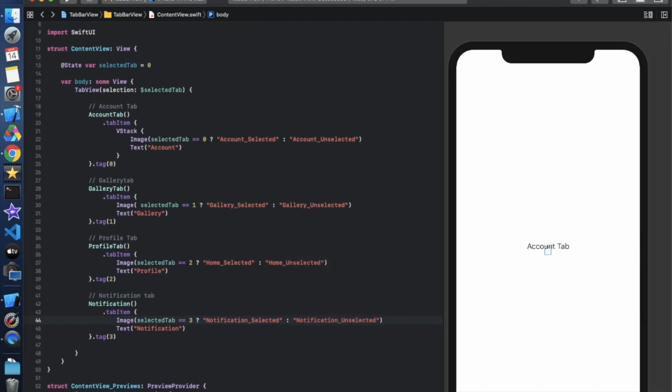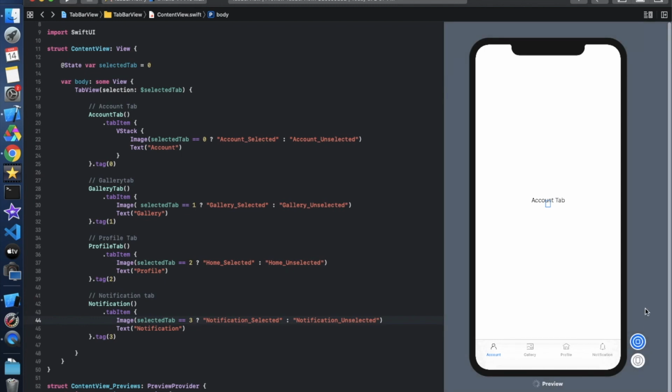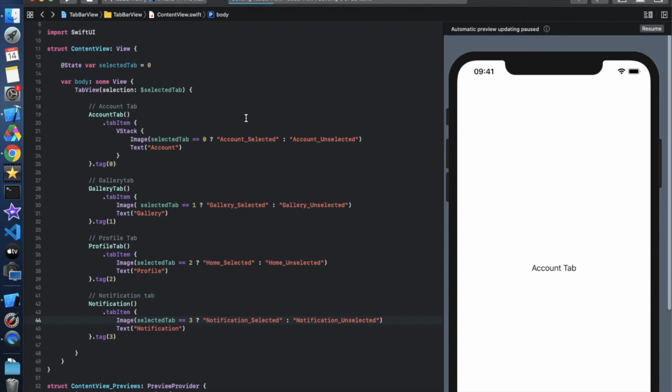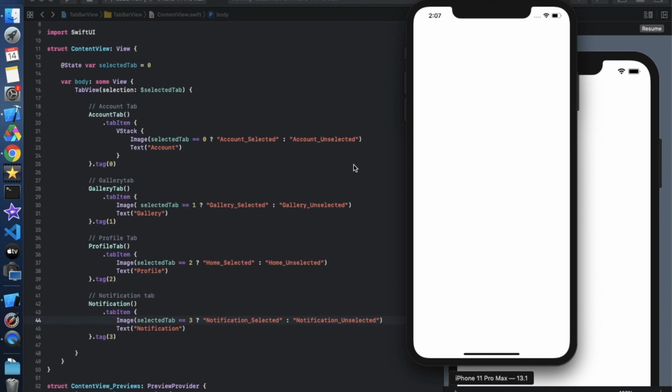So now let's move it to live preview, and as you're seeing, it's not working fine. So let's run this in the iPhone simulator, then we will see this in the correct format. So let me know in the comment section, did you like SwiftUI or is Swift better? Okay, so you are seeing that this is a black color and this account is in a blue color, and as I change the tab, it completely changes all the things. So this is because of this selected tab property.